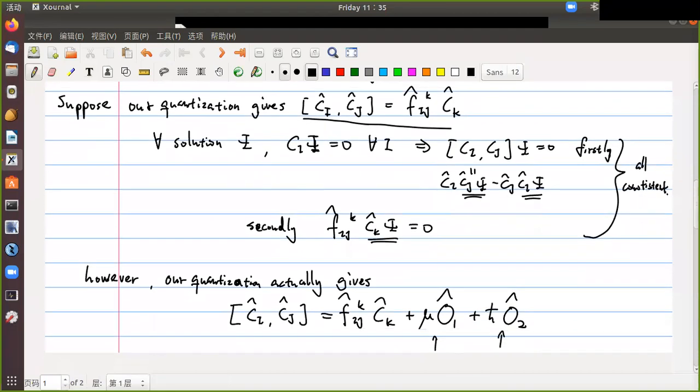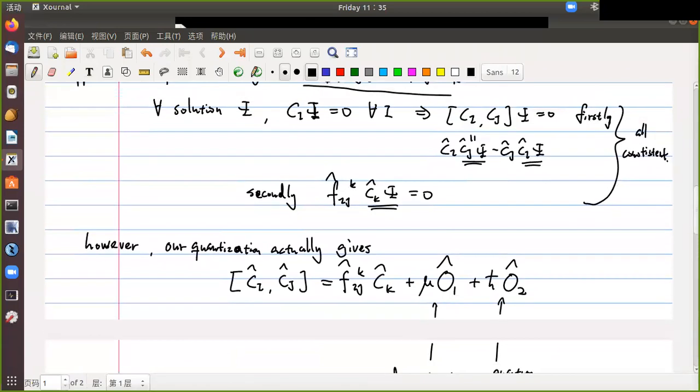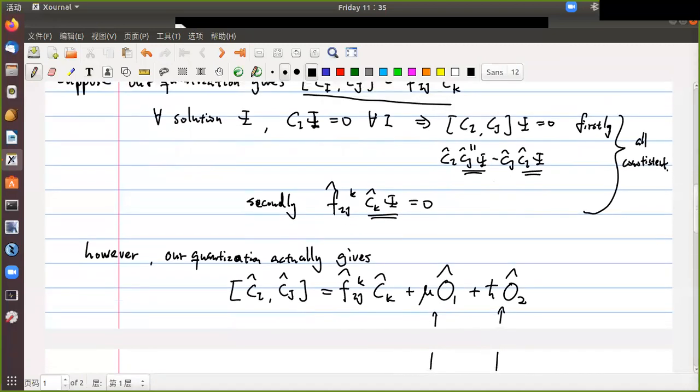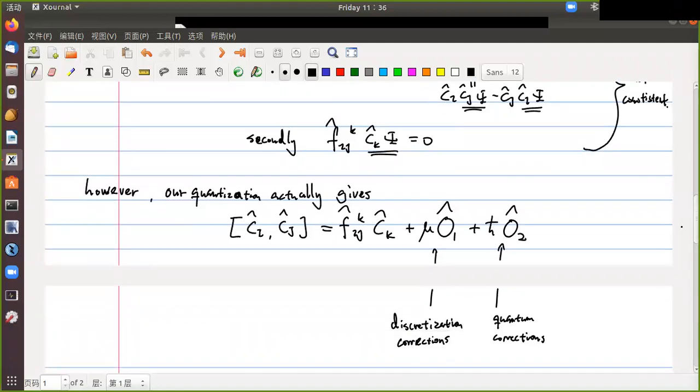So the semi-classical limit is not really a problem for this commutation relation, but the result is not exactly this optimistic result. You have to include two other terms. These operators O1 and O2 may also be very complicated. But in general, the formula should be of this type. So when you compute the commutation relation, it is not exactly the same as the classical constraint